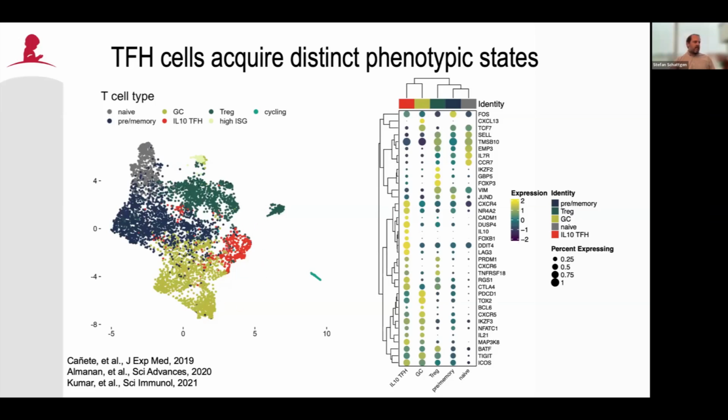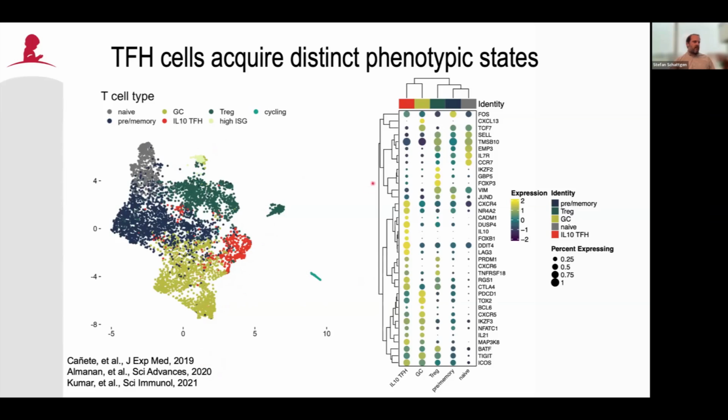We also were able to find this population of IL-10 TFH cells, which have been recently described in the literature, but it's not really understood what the function of those IL-10 positive TFH cells are within the context of immune responses, just that they've been observed. But we were able to see that these IL-10 TFH cells actually had quite distinct phenotype from the germinal center